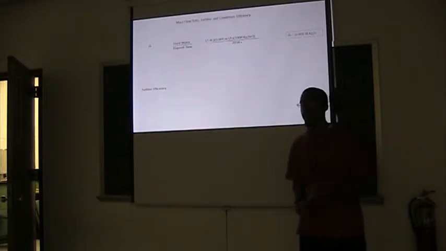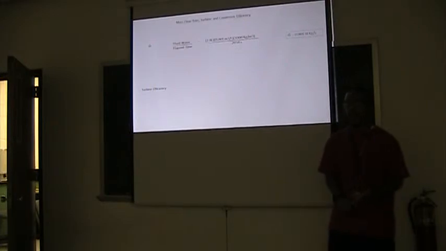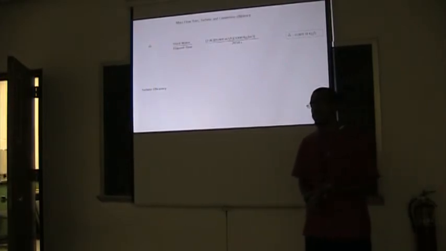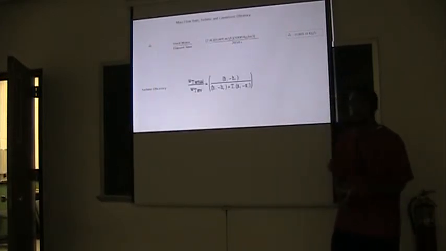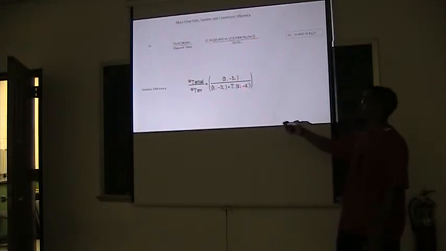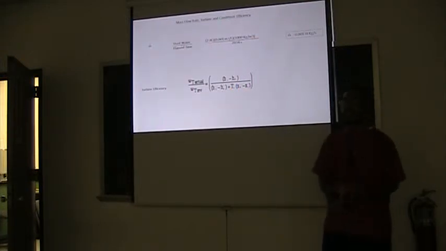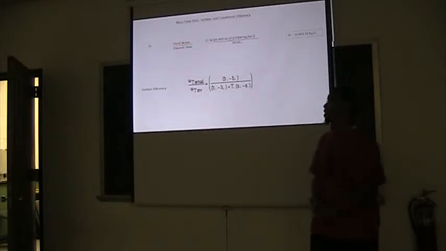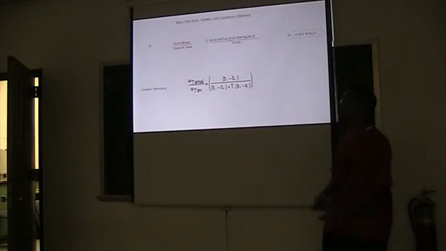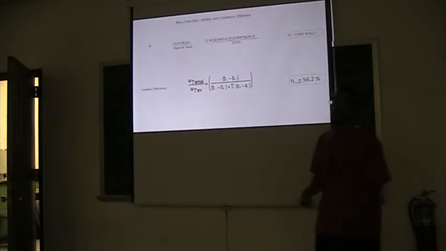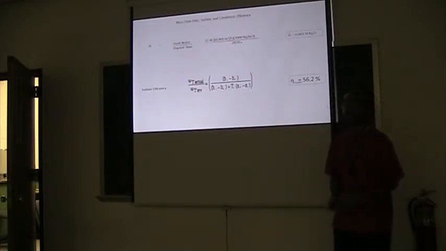For turbine efficiency, to get that, you compare the actual work of the turbine to the reversible work. And reversible work is your actual plus your irreversible. I'm taking T3 as the inlet temperature of the turbine, but we assume that they get back, and I want the temperature to stay the same. So you get a turbine efficiency of about 56.2%.